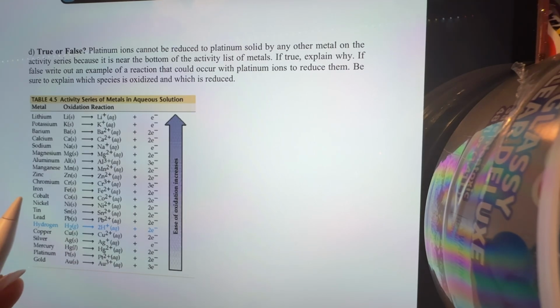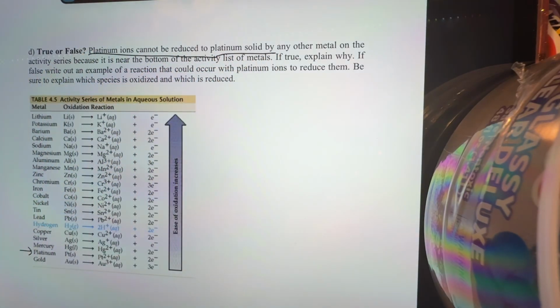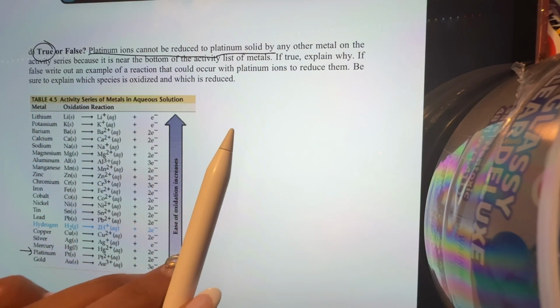Okay, let's see here. Platinum means it's down here. Took me a second to figure this question out. So they're saying true or false, it can't be reduced to solid because it's at the bottom. I believe that to be true, and I have to explain why. And then if it's not true, write out an example. So I think it is true because,